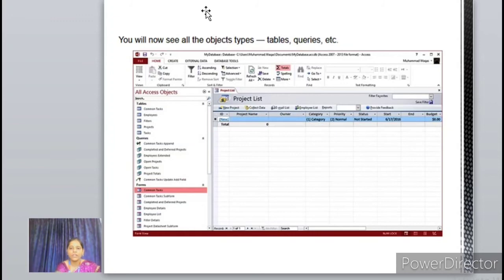A file name box will appear with the default file name. Enter the new name. It will append any name we select. Click on create. Result, the contacts database is entered, and the below window will appear. You can click any of the objects from the left navigation pane and open that object for further reference. For example, clicking on contact details, the contact details form will appear.